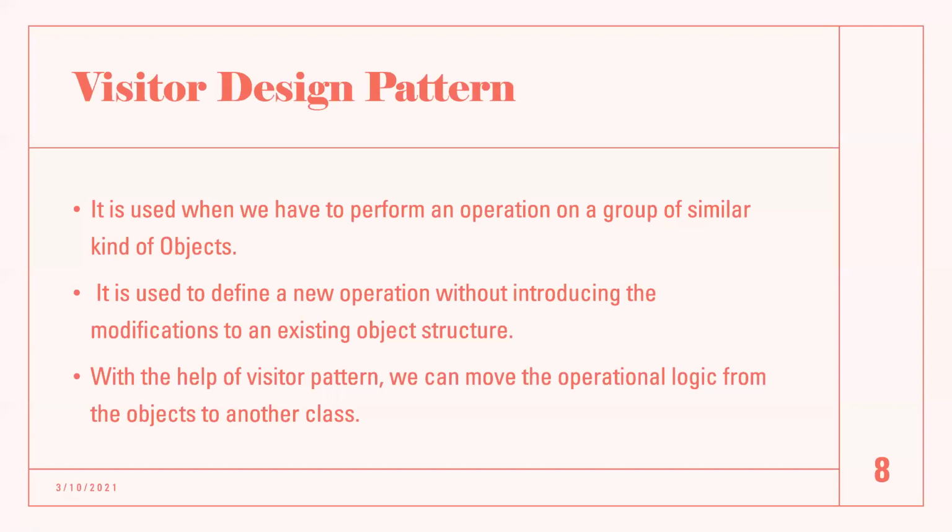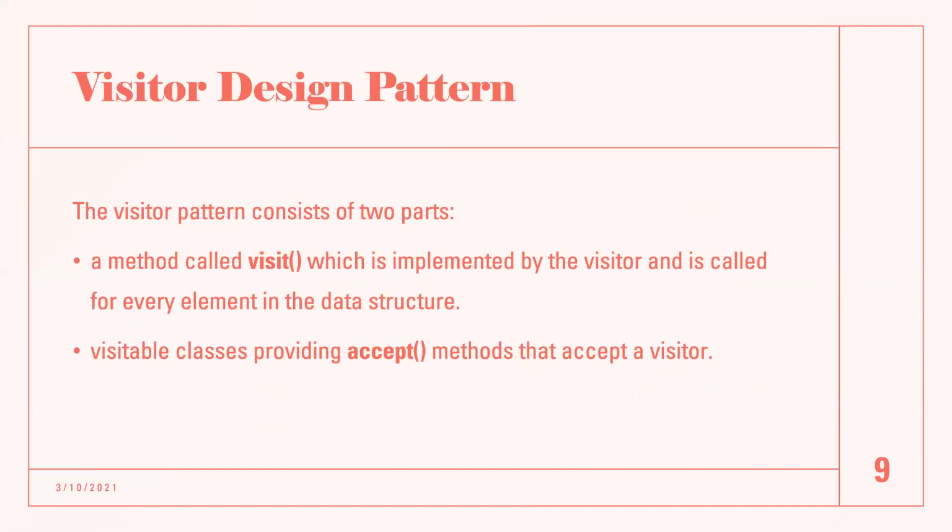They actually change the executing algorithm of our element class. We have different types of visitor objects, and based on what type of object is used to call the class, different execution paths are selected. They basically have two main elements, the visit method and the accept method. The visit method is implemented by the visitor class, and the accept method is used as well, which we will see further in the example, where we use both these methods.